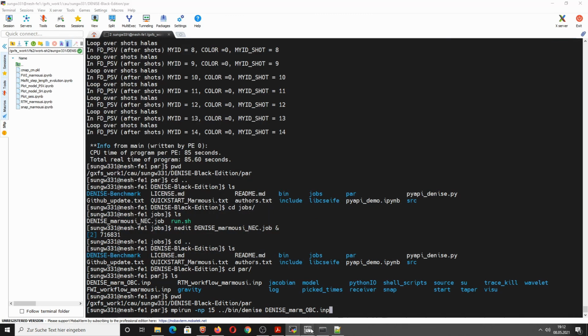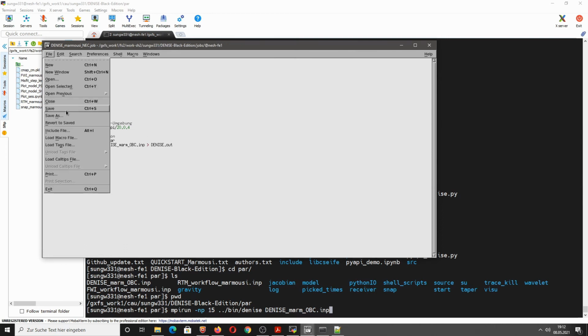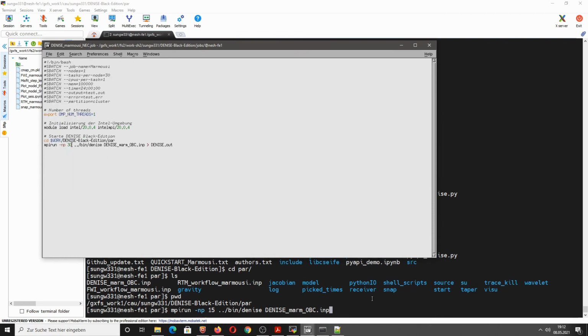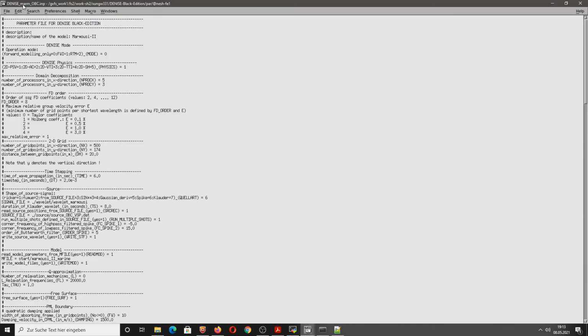Before starting this job file, which we should also save, so file save or Control S, before we can submit this job file, we have to define the new domain decomposition. So we go here into the Denise Mamusi OBC input file, and instead of 5 times 3 equals 15 CPUs, we now want to use 10 times 3, which means we're using 30 CPUs.